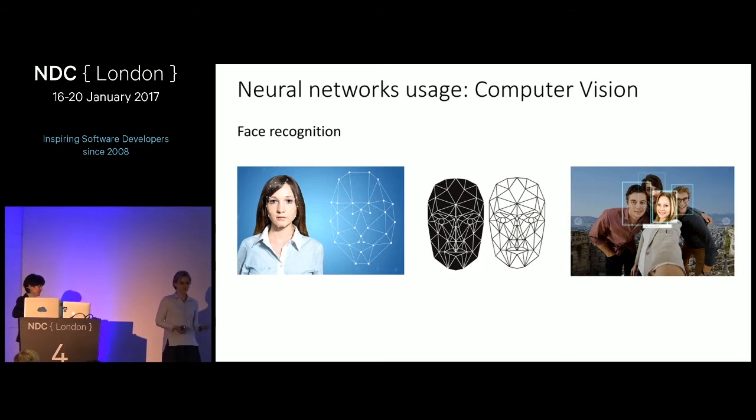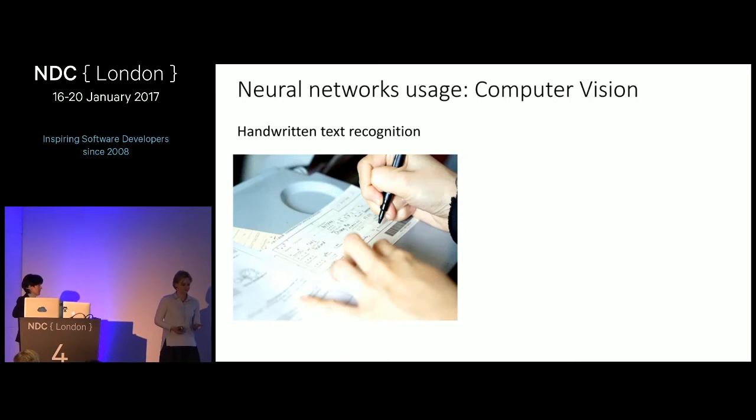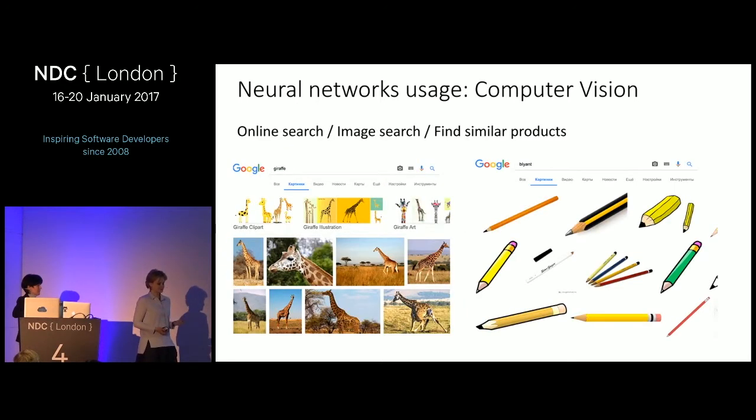If you have an Apple or Google photo library, or you use auto-tagging in Facebook, that is face recognition. Handwritten text recognition is a very classical application that we will go deeper into later in the talk. Also, online search: Google uses neural networks to classify its images, so by entering the word giraffe, you can see lots of images of giraffes. If you don't know a word in a foreign language, in Chinese for example, you can enter it and very likely see pictures of that object. You can also search similar images on the web. That is powered by neural networks.